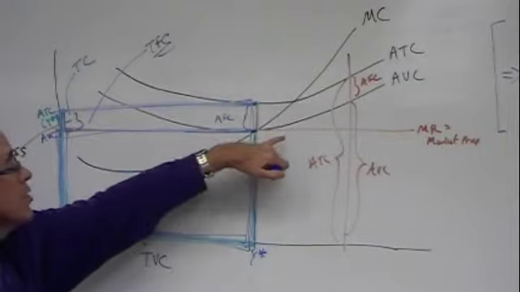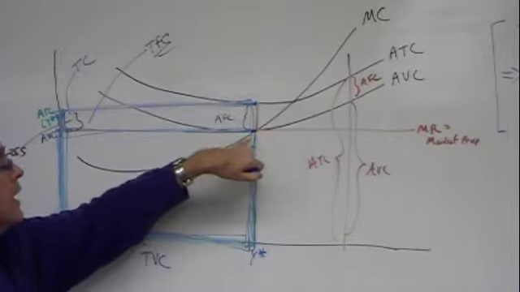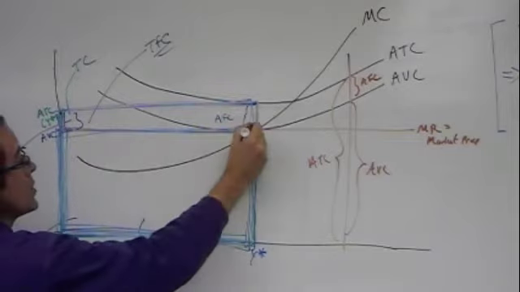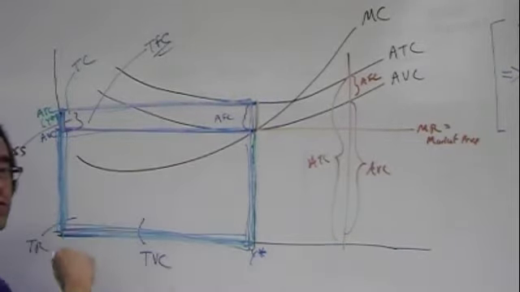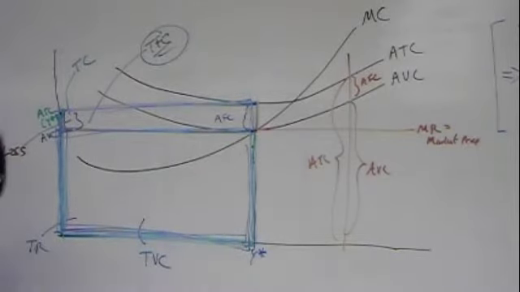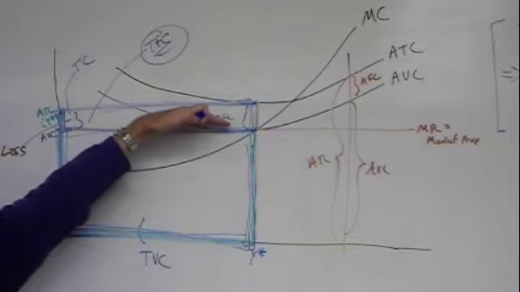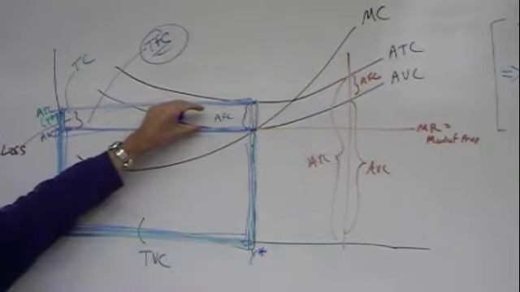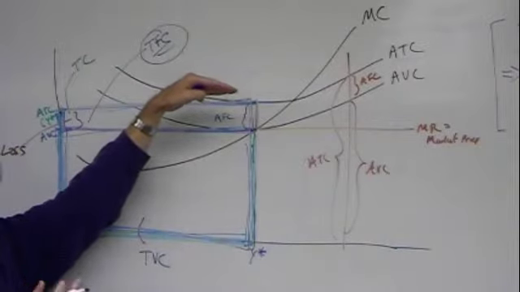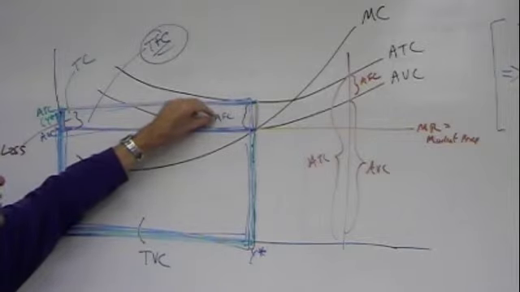So at this shutdown price, which I was telling you is at the point where average variable cost intersects the marginal cost curve, we see that if we produce, this loss, the negative profit from production, happens to be equal to the total fixed cost. So this is our separating point. Any price above the shutdown price means if we produce, our loss will get smaller. Because remember, the higher the price goes, the larger the profit gets, or the less negative it gets. So this loss gets smaller.